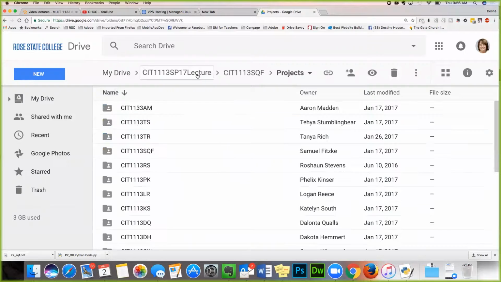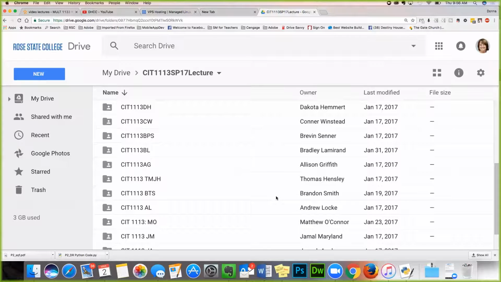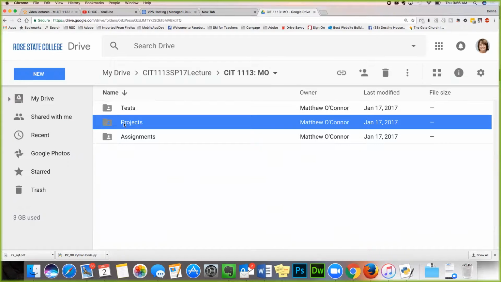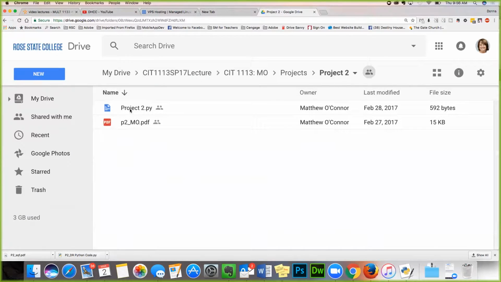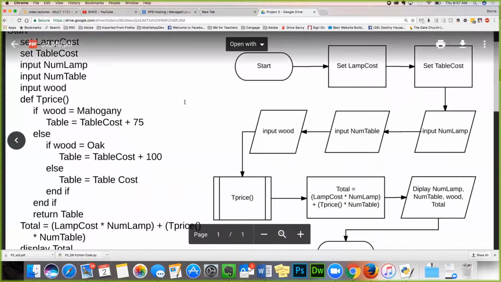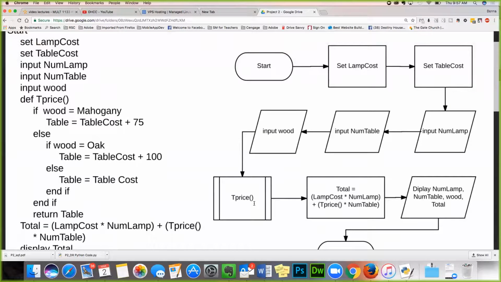Okay, so let's go to Matthew's. I've got one that works right here too, but I think it helps if we go through different ones, the way different ones did it, and then we'll go to the one that I did that works. Okay, so let's look at your thing here first too. Let me see if I can get it to go bigger. Oh yeah, there it is. Okay, so Matthew had his start here. He set the lamp cost and the table cost, so those are constants. Then ask for input number of lamps, input number of tables, input wood type, and then made a call to his function,